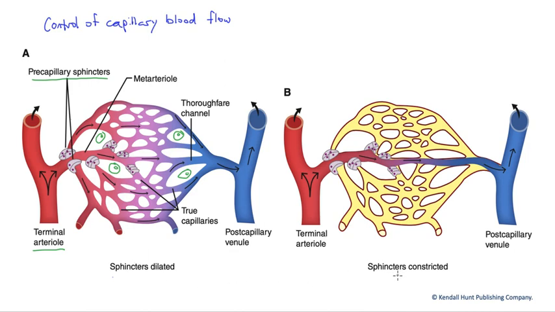On the right, if these cells that are out here in the interstitial space, right, surrounded by these capillaries, if those cells are content, in other words, if they have enough oxygen, if they're not in need of anything in the moment, that will actually cause these sphincters to constrict, right? These precapillary sphincters and the arteriole itself will constrict, minimizing blood flow through those capillaries, possibly even eliminating blood flow